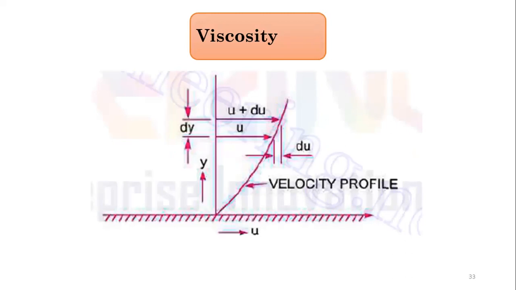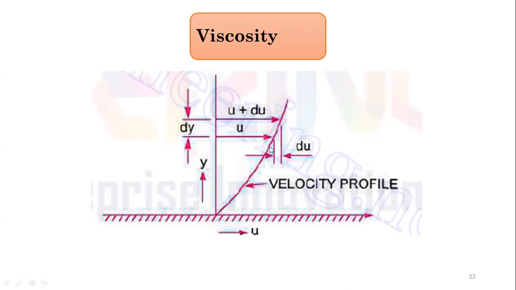Suppose if you see here, this is some plate or some pipe, you assume, which is stationary and not moving. Some fluid is flowing on this plate, though we are unable to see it. The fluid in contact with this surface will be almost sticking to the plate. Since there is some friction between the fluid particles and the plate, the velocity of the fluid at the boundary will be 0.